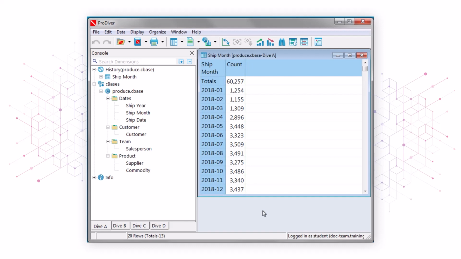number of individual shipments made in each of the 20 ship months, with the accumulated total at the top, as always. So we can see, for example, that in May of 2018, the fifth month of 2018, a total of 3,448 shipments were made. To display the names of all your salespeople across the top of the grid so you